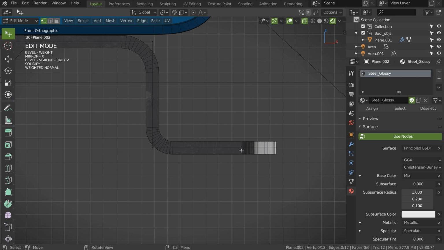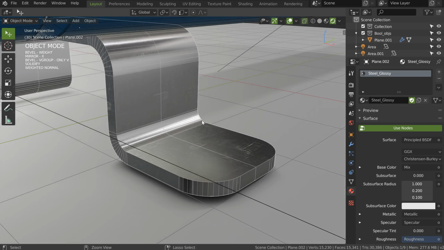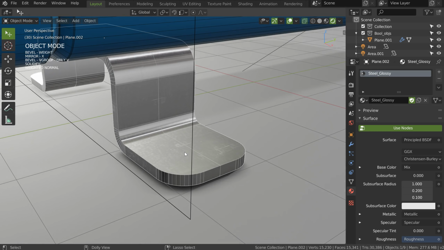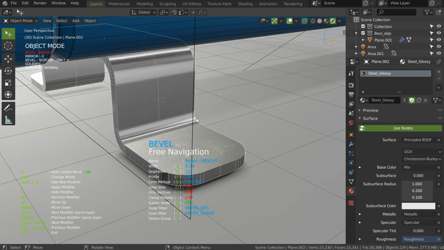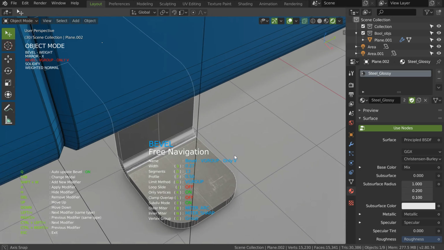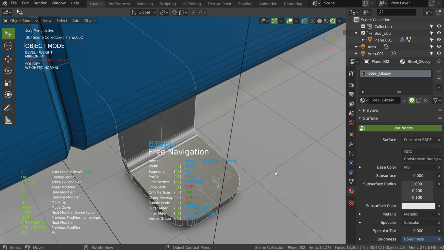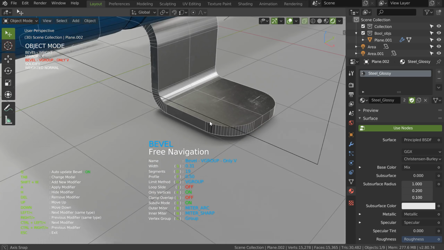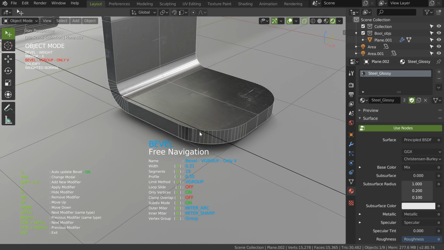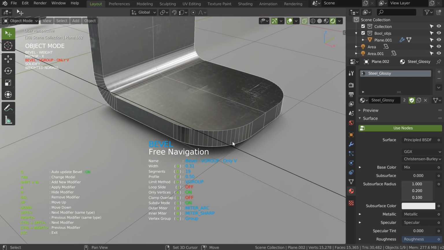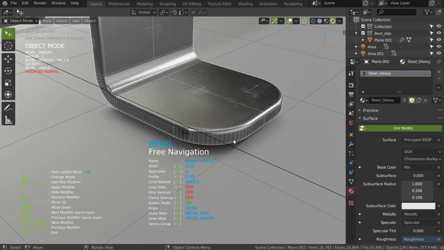I want to add some part under this. So, I have this right now. What I will do is first I will play with the last bevel, increase the number of segments, and maybe increase it like that. I want to add another bevel, so I will press Shift W, like that, but I will remove the segments. I want something like that.